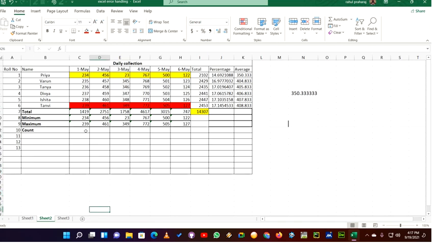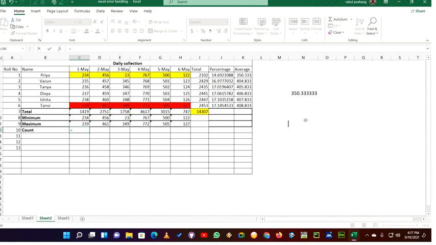Now what is count? Count is generally used with VLOOKUP and HLOOKUP. When we use those formulas, we will see the use of count, but as of now, it returns the number of cells it counts, row wise or column wise, and gives the result. So let's see column wise.